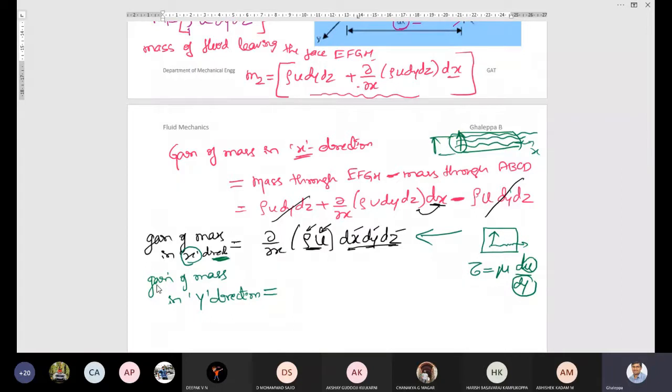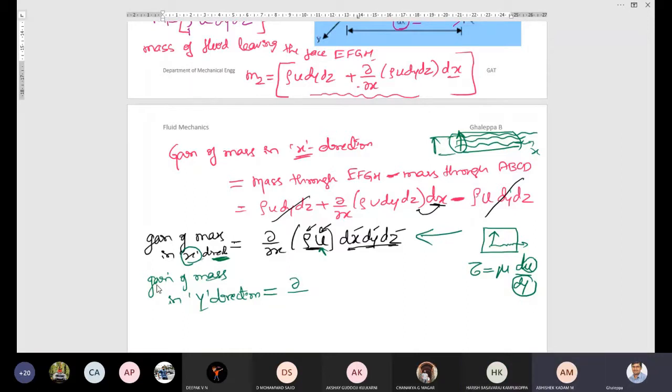So please, can you write gain of mass in y direction? In this small gain of mass in y direction, what do we need to change? Sir, instead of u write v, velocity in y direction. Only dou by dou need to be written. Very good. What's your name? Harish. Harish, very good.